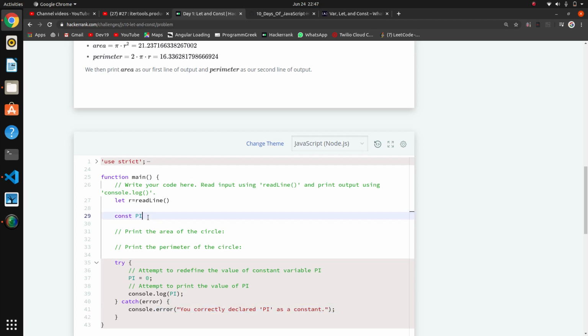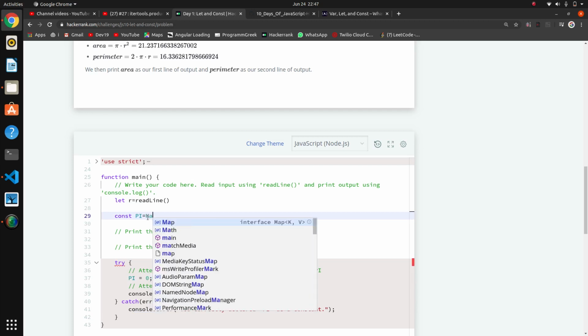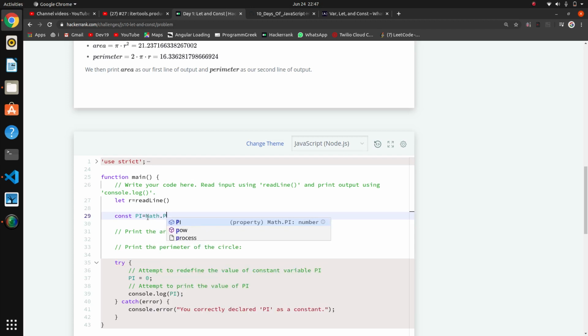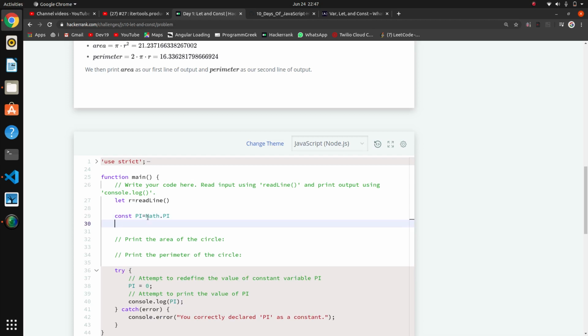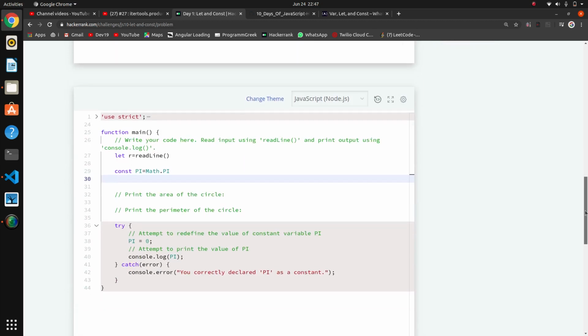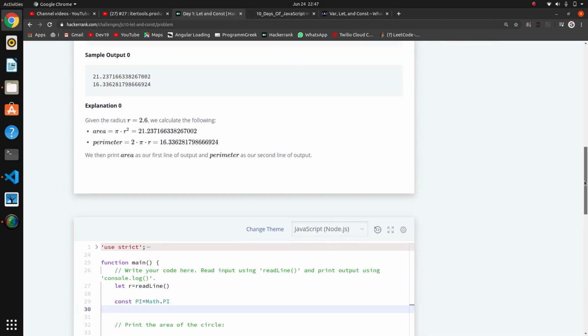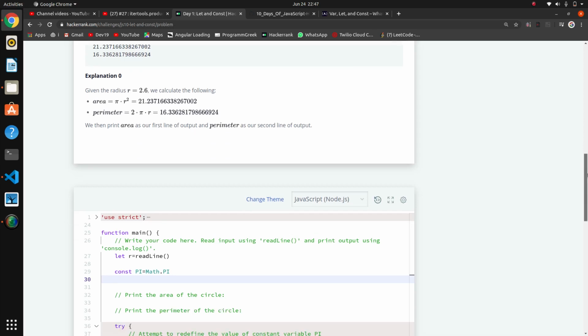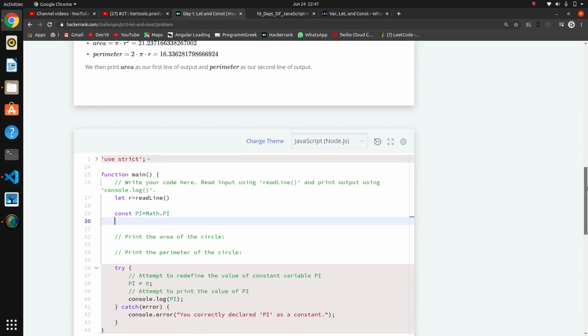Now I will declare this, meaning we have to define it too. For that I will use Math.PI. This is a built-in in JavaScript. So we have declared Math.PI. Then what we have to do, first of all, is find the area, so I will directly print that area,